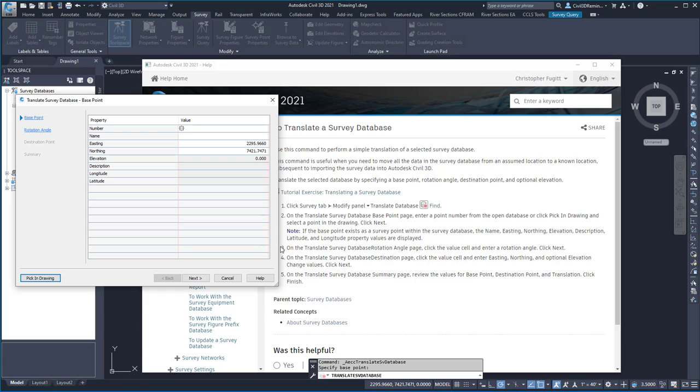Note, if the base point exists as a survey point within the survey database, the name, easting, northing, elevation, description, latitude, and longitude property values are displayed. Step 3. On the Translate Survey Database rotation angle page, click the value cell and enter rotation angle. Click Next. Step 4. On the Translate Survey Database destination page,